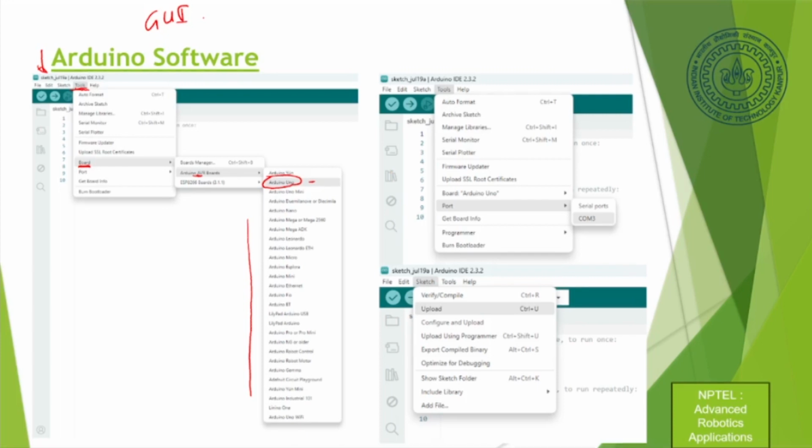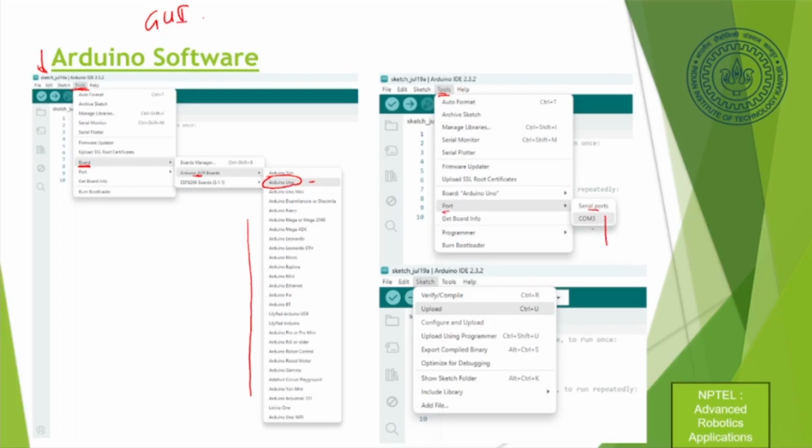The next thing, you need to set which port of the PC you have attached your Arduino to. When you insert the USB into your laptop, you must also know which port of the laptop is being accessed by the Arduino board. For that, you go to tools again, and in tools you go to port, and it will show you how many serial ports there are.